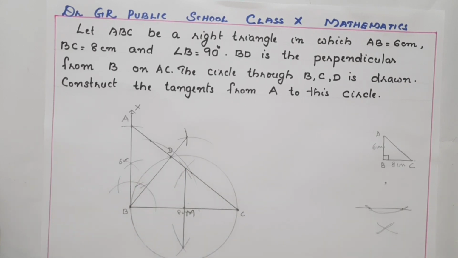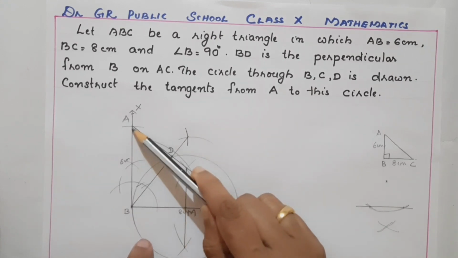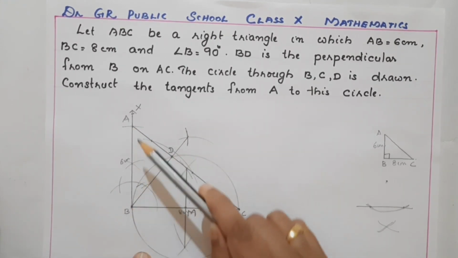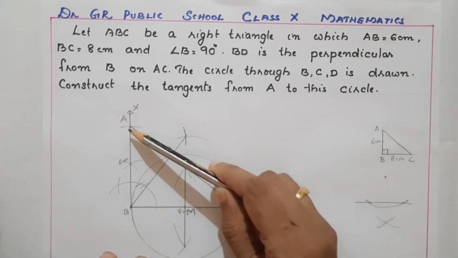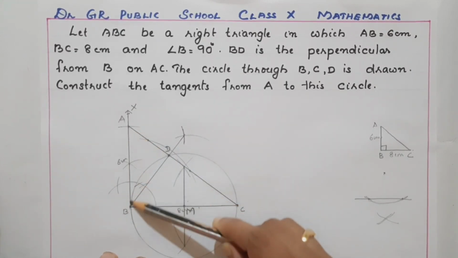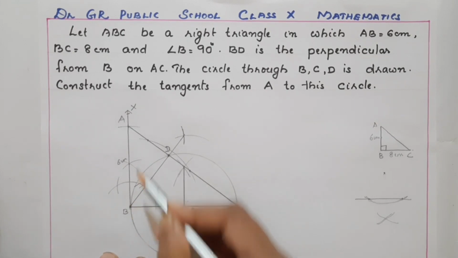Can you see one tangent here? Already one tangent is here in the figure. What is that? From A, look at the circle. From A, can you see any tangent? Yes, AB is one of the tangents from A, isn't it? AB is one of the tangents from A to this circle, because the circle is intersecting at only this B.